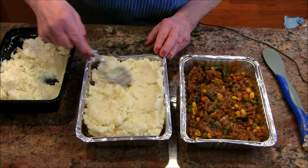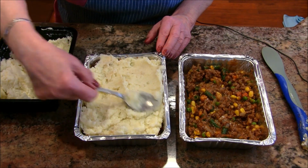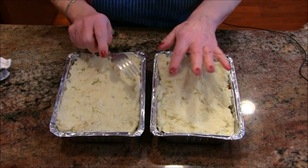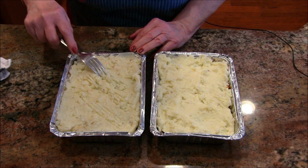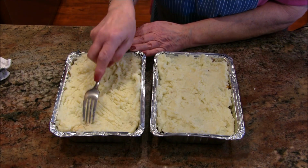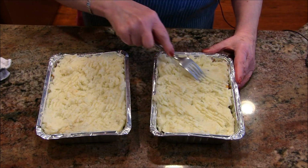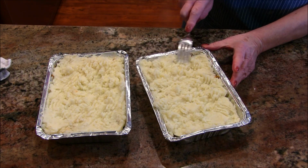All right, let me take the other one here, and you hang out there for a few minutes, and I will bring you back once I have these covered. So as you can see, I've got these pretty well even potatoes, and now what I'm going to do is just score this, and what that's going to do is when you bake it, all those little ridges are going to turn golden brown and kind of crispy, and that'll make those potatoes even nicer. So I'm just going to do that. So that is about it. All right,